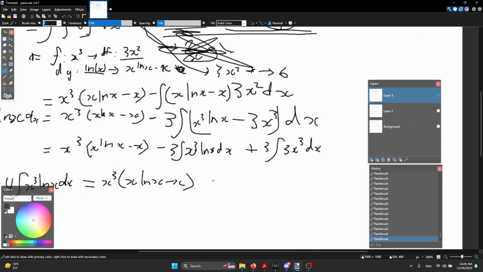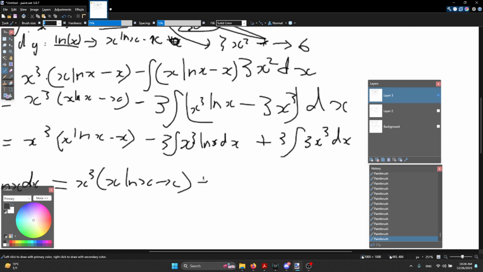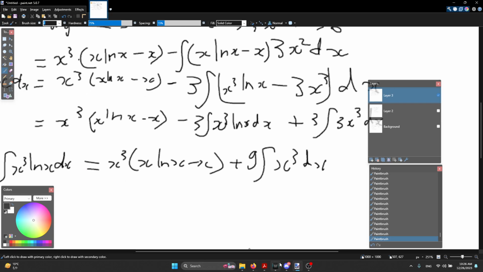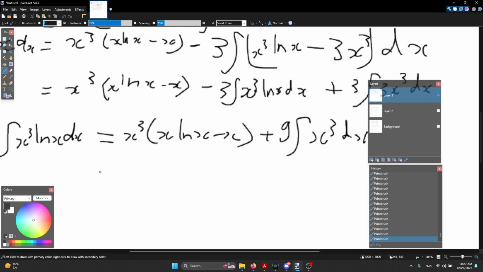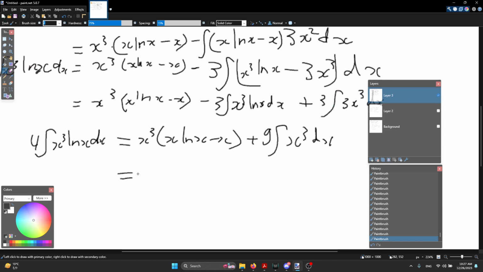And then we plus 3 integral of 3x cubed dx. Actually, we can just rewrite it as 9x cubed dx. I just want to make everything clean, you know? So we have this thing is equal to